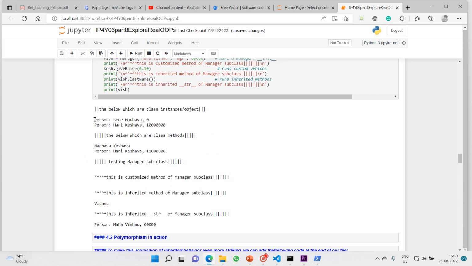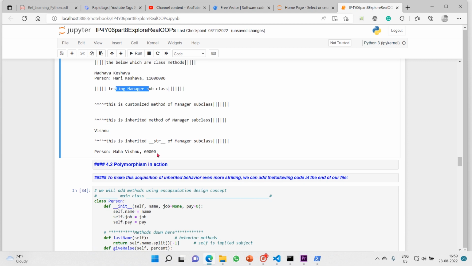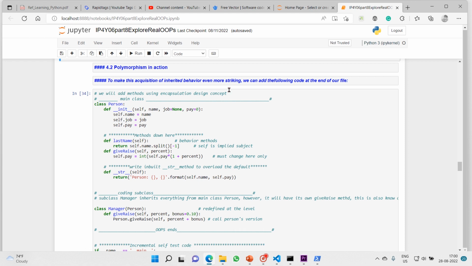So these are the main person class instance objects, and these are also related to that, whereas this is a testing subclass. Here it is, Vishnu. Vishnu is our subclass, and person, and this class name should change. So that's how we add a subclass to our program. So with that, one task is done.